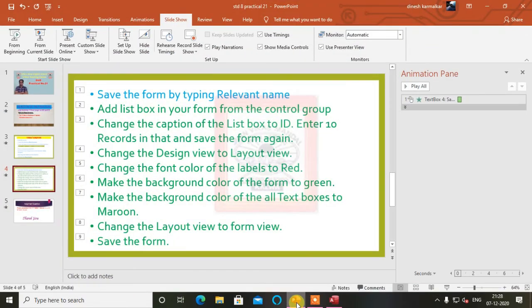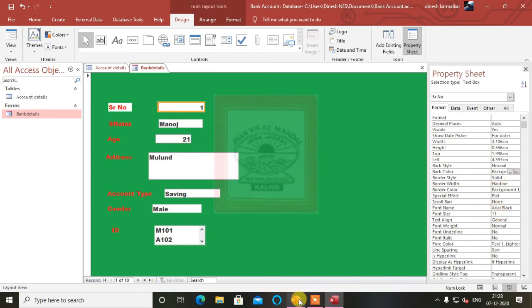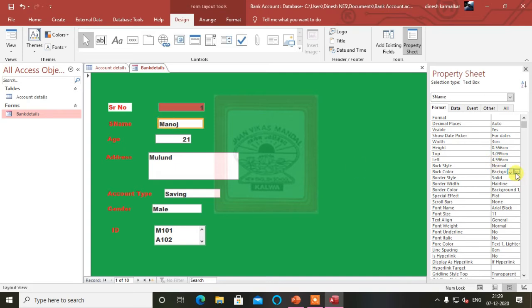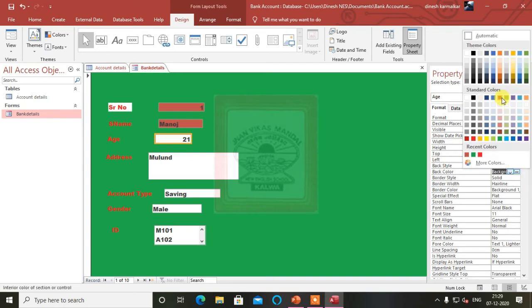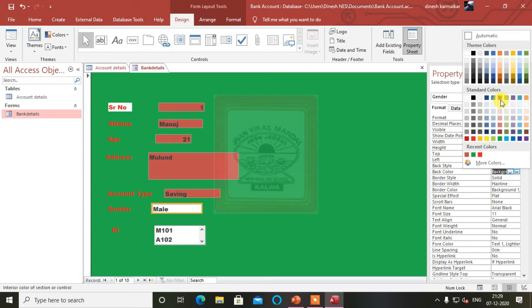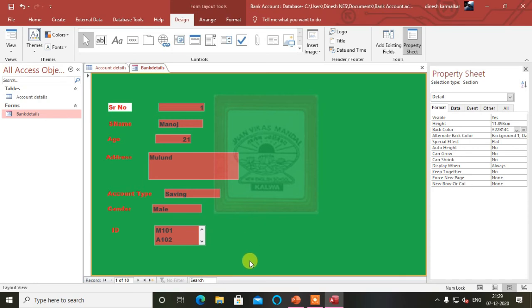And now we will change the background of all the text boxes to maroon. So for these text boxes I want the background color to be maroon. All these are text boxes. So this is the maroon color here. Okay, now